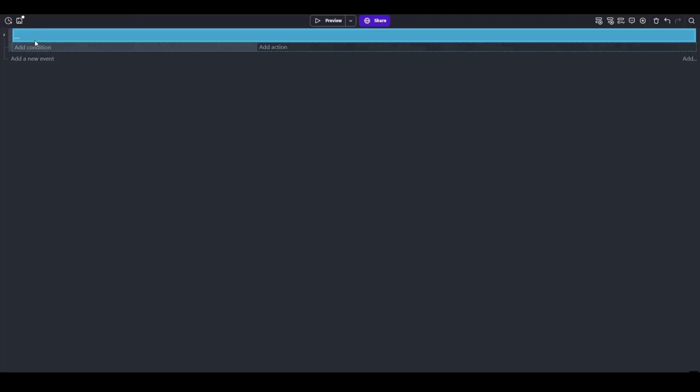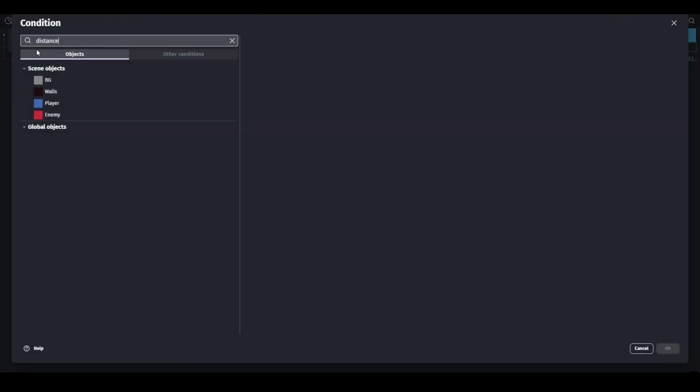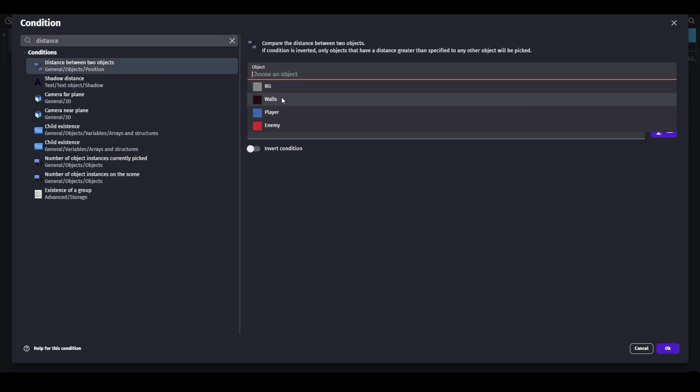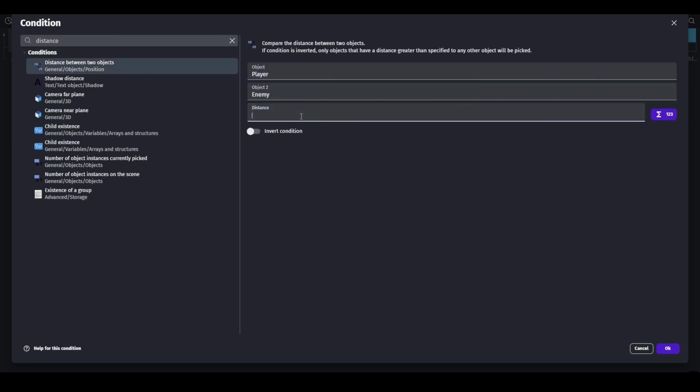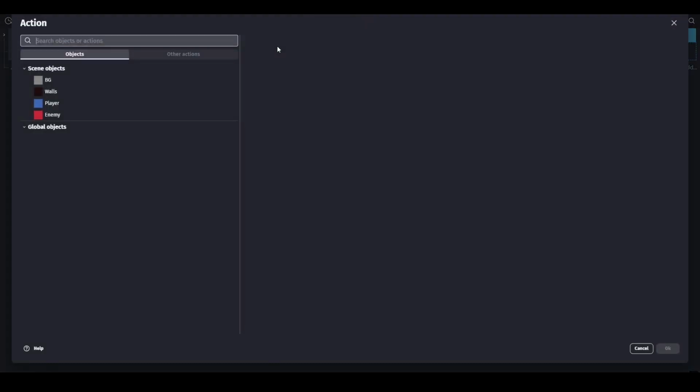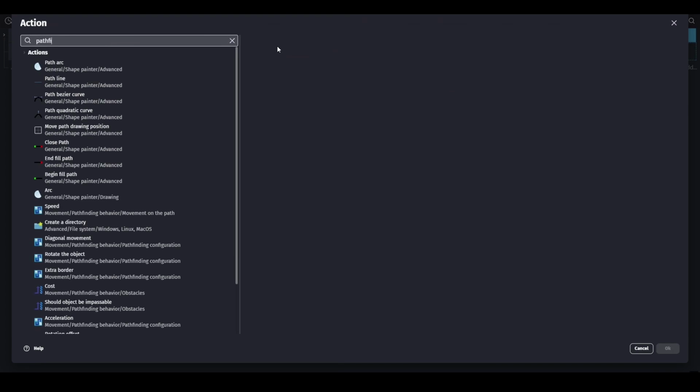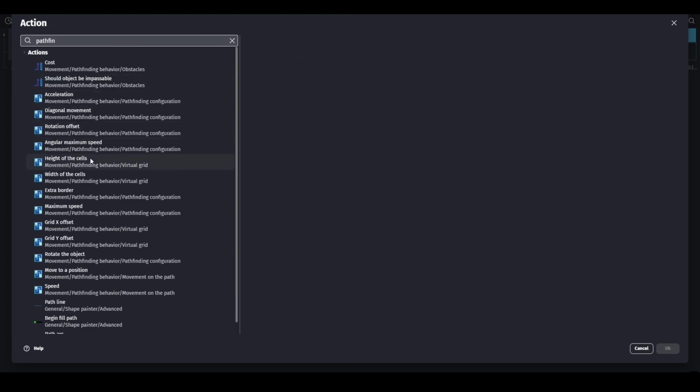Then go to the events and search up distance, then select between player and enemy. Distance, you can pick whatever you want. I'm going to do 400, and then search up pathfinding and do